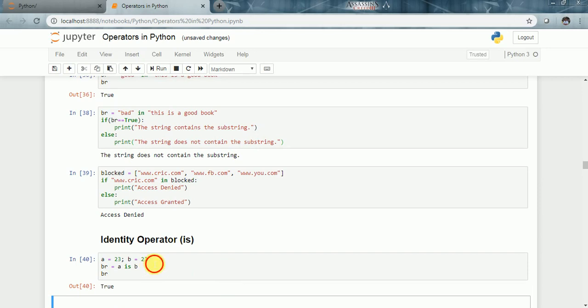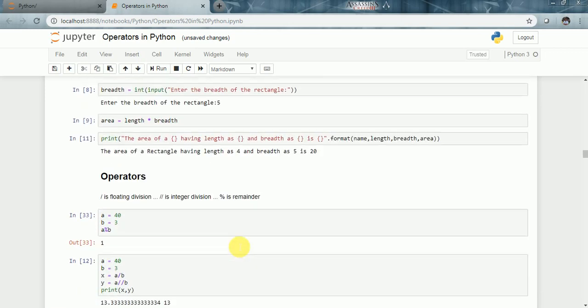But what if I make this 24? This is false. 23 is not 24. Hence, this is the purpose of the is operator, just to check for equality, whether the two variables are equal or not. So this was all about operators, the major ones comprising the in operator, floating division, integer division,